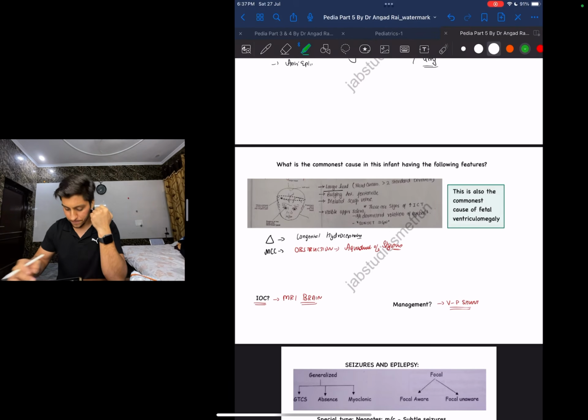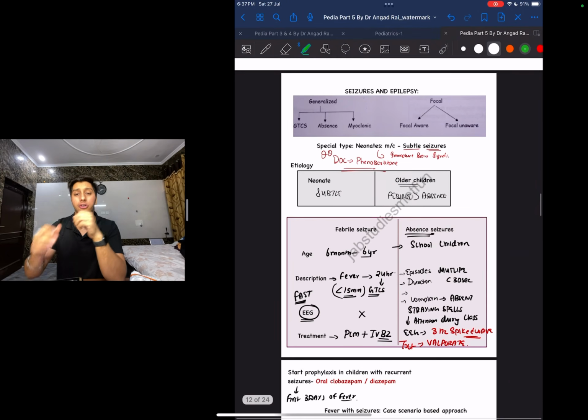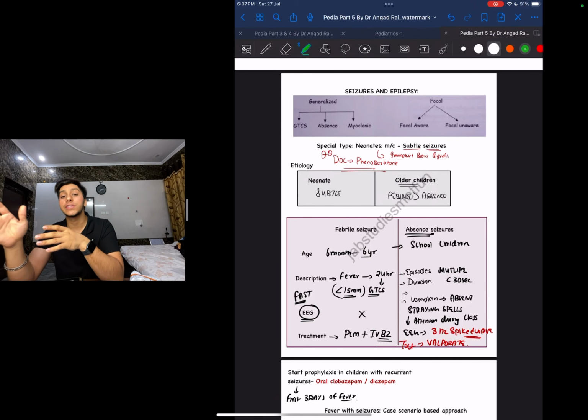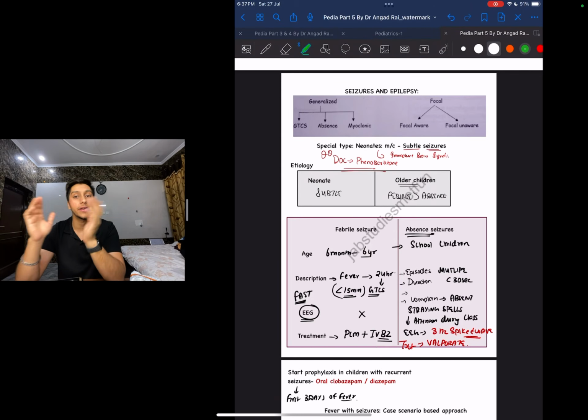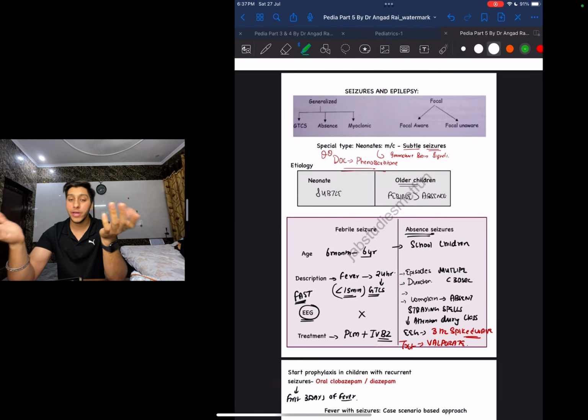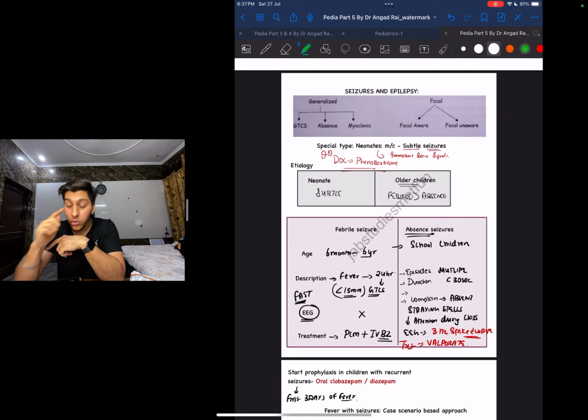Okay. Next topic, guys, we're going to talk about seizures and epilepsy. Now, seizures are of two types, okay? One is going to be generalized and one is going to be focal. The generalized type of seizures are of three types: generalized tonic-clonic seizures, absence seizures, and myoclonic seizures, okay? While focal seizures, based on whether the patient was conscious or unconscious, are divided into focal aware and focal unaware, okay? In babies, specifically in neonates, the most common type of seizure we find is subtle seizures,